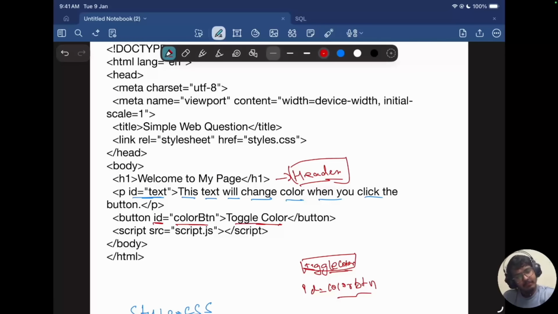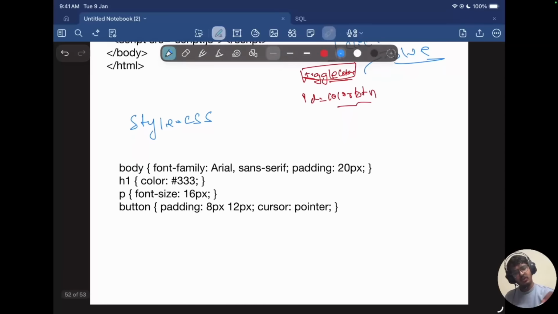So when I click this, it will change into blue. This is the functionality that I need to write. This is about my HTML page. The HTML page is very clear. Now if I look over the style.css,